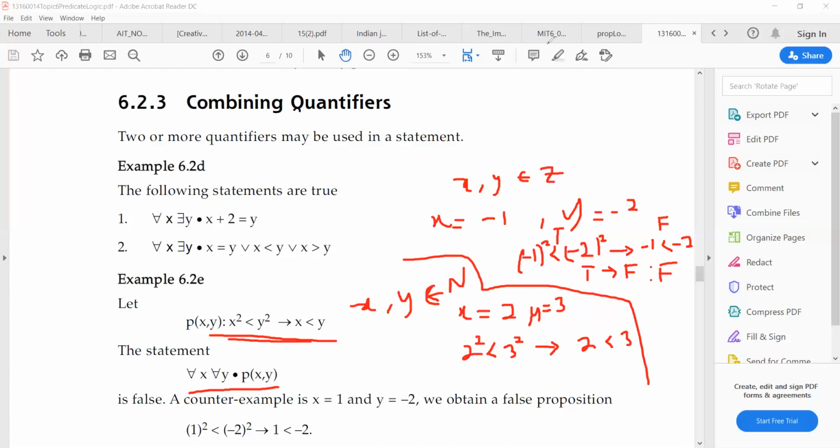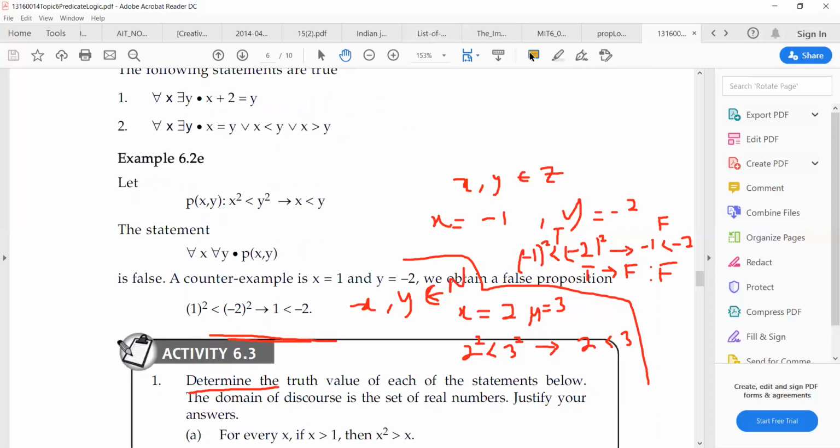There are more examples in there. Some are converting the logical statement, the logical expression, into English statements, and vice versa. So you take note of those examples. I'll send